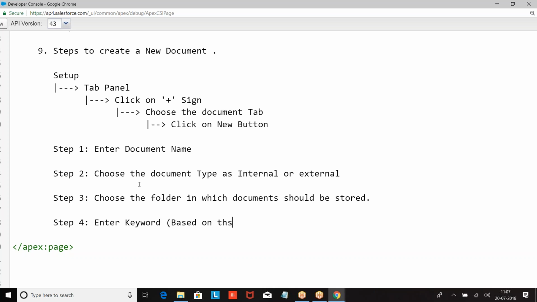Based on this keyword, using this keyword, we can search for the document from global search.